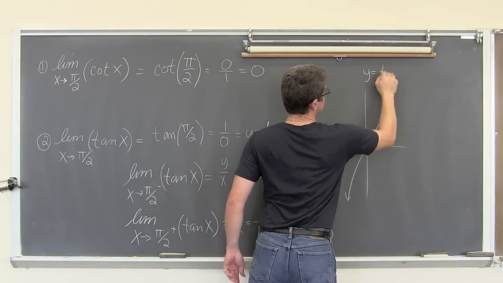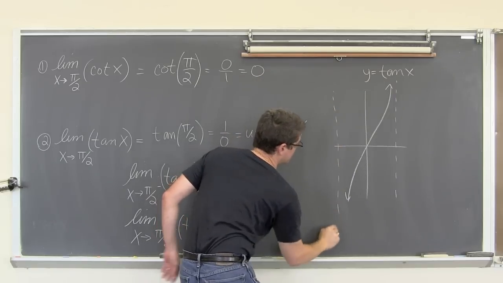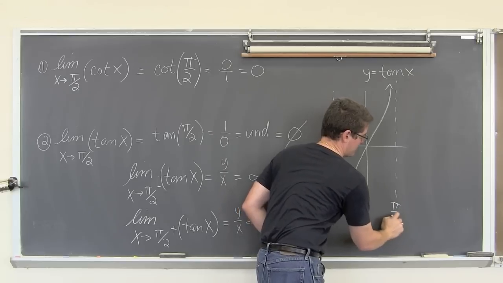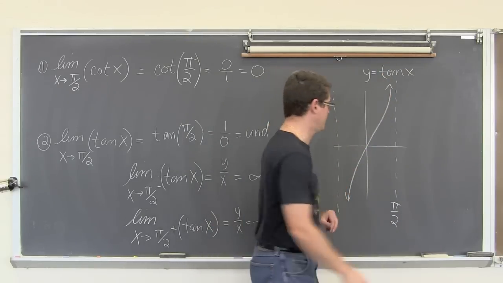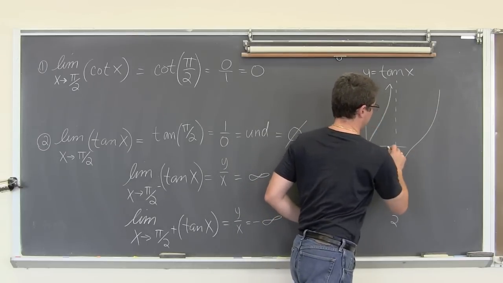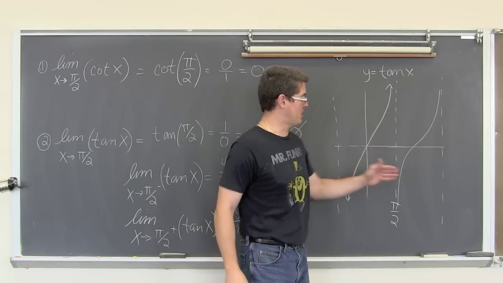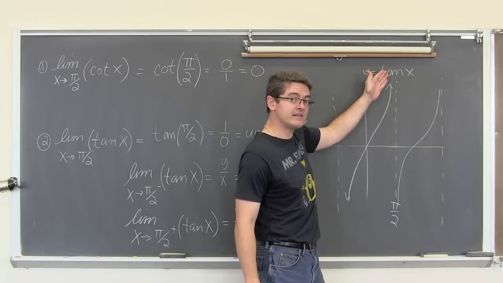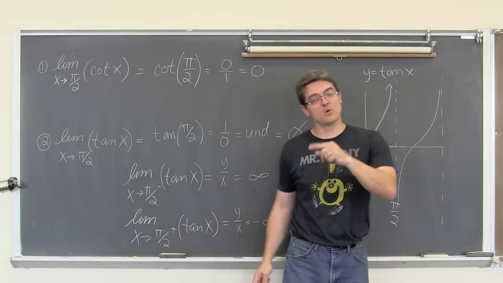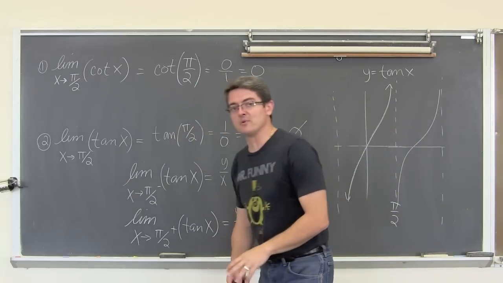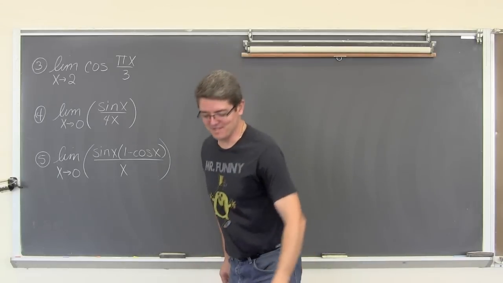And by the way, just to give you a quick sketch, this is y equals tangent of x. Here's our first asymptote at pi over 2. Here as we approach pi over 2 from the left, it's shooting off to positive infinity. And then the second period is going to come down from negative infinity and then continue on. So as I approach pi over 2 from the left, it shoots up to positive infinity. As I approach pi over 2 from the right, it's going down. So we got 5 more examples. All of those, unlike the second one, will have an answer. All right, let's get going.